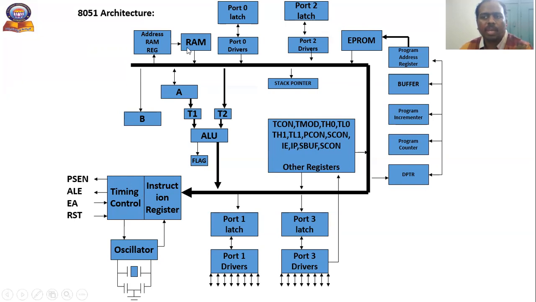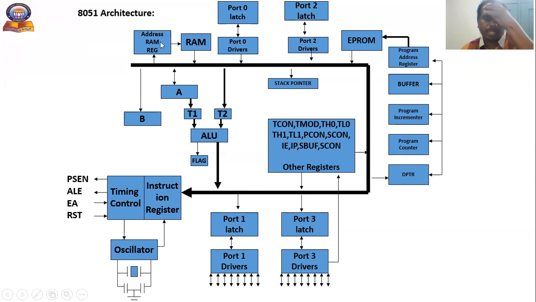And here we have RAM, EPROM, which is ROM, that is on-chip ROM. And see the ports. Here we have 4 ports: port 0, port 1, port 2, and port 3. Then apart from this, what we need to program is,